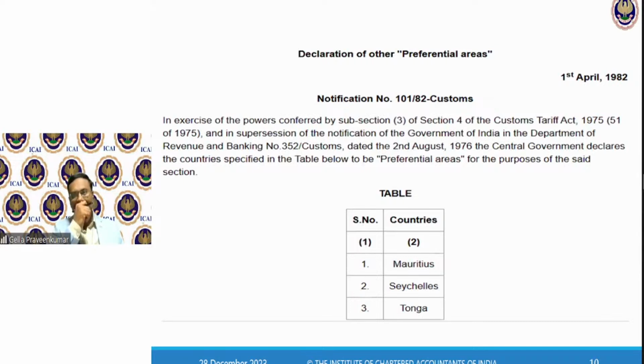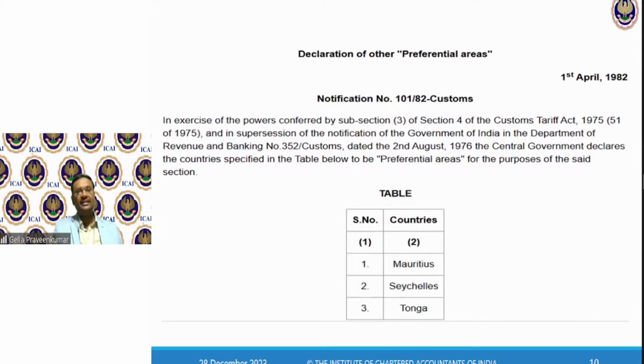Now, one example I have taken is Notification 101 of 82, dated 1st April 1982. Please keep in mind, even as of today, this notification is in existence.